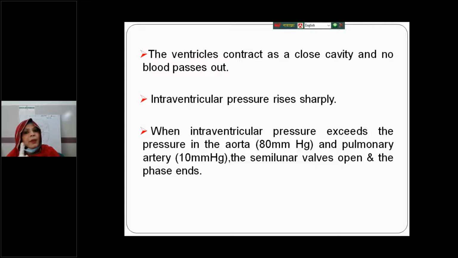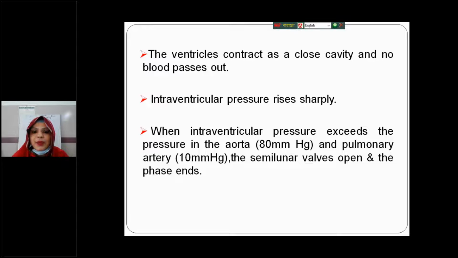From the right ventricle, blood has to go towards the pulmonary artery, and from the left ventricle, blood goes towards the aorta. For opening, you have to raise the intraventricular pressure. When the left ventricular pressure rises above 80 millimeter of mercury, which is the